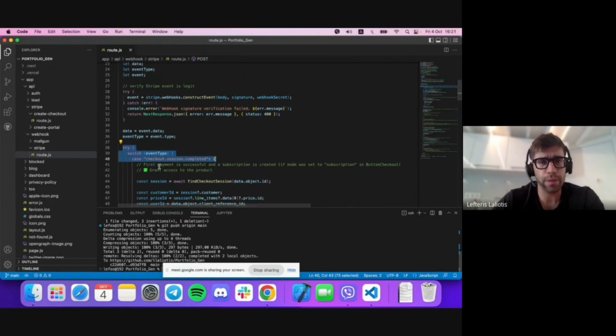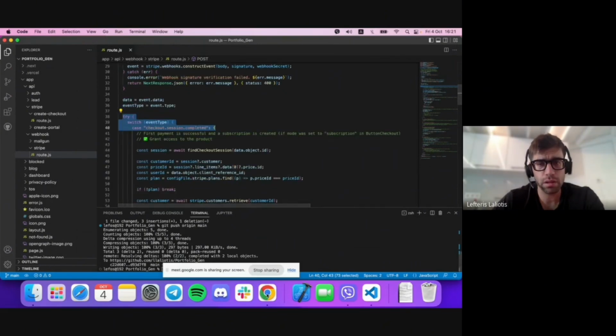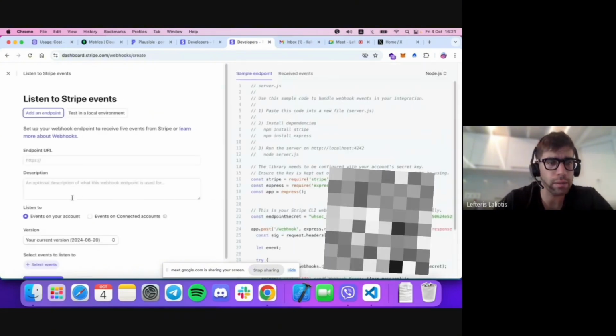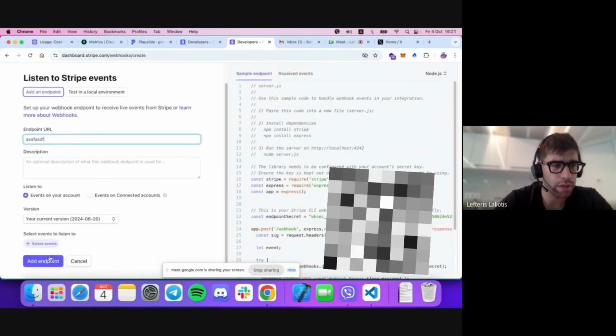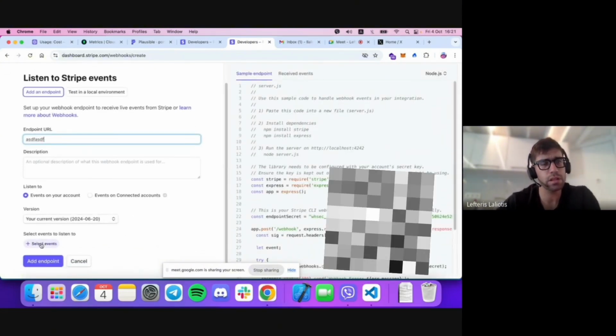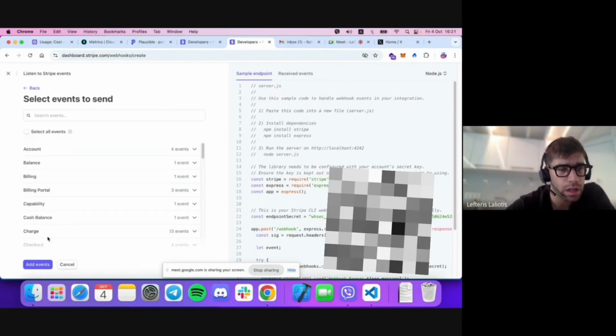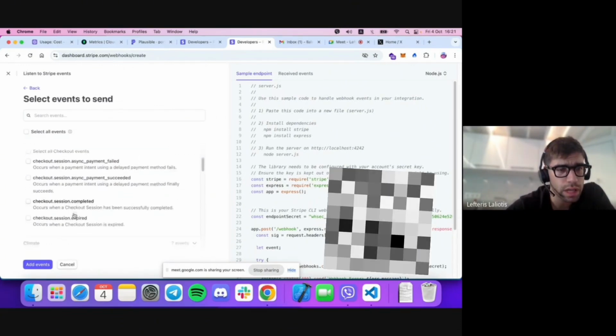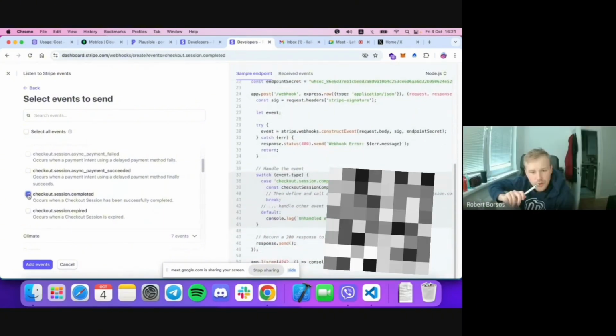Because I'm setting up the checkout session completed, you add an endpoint, select events, and go to checkout session completed.